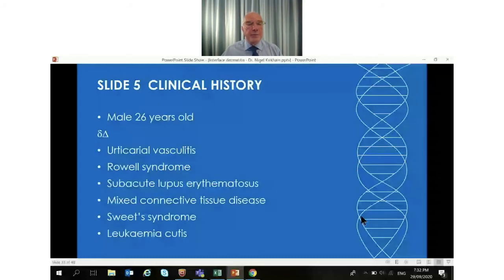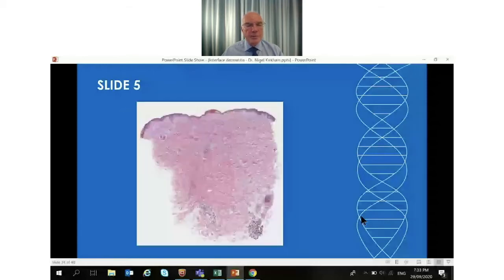Okay, let's go to case number 5. This is a 26-year-old man, and he had a wide differential diagnosis. So the biopsy came with all of these possibilities written on the request form: urticarial vasculitis, Rowell syndrome, lupus erythematosus with erythema multiforme-like lesions, subacute lupus erythematosus, mixed connective tissue disease, Sweet syndrome,